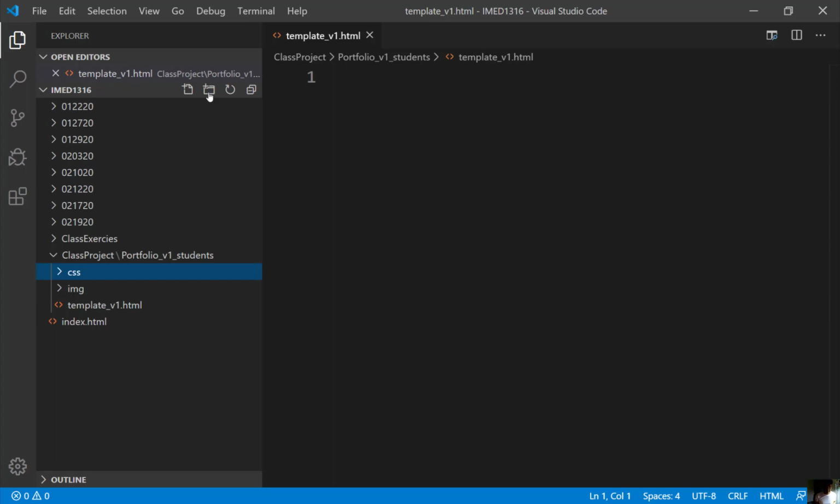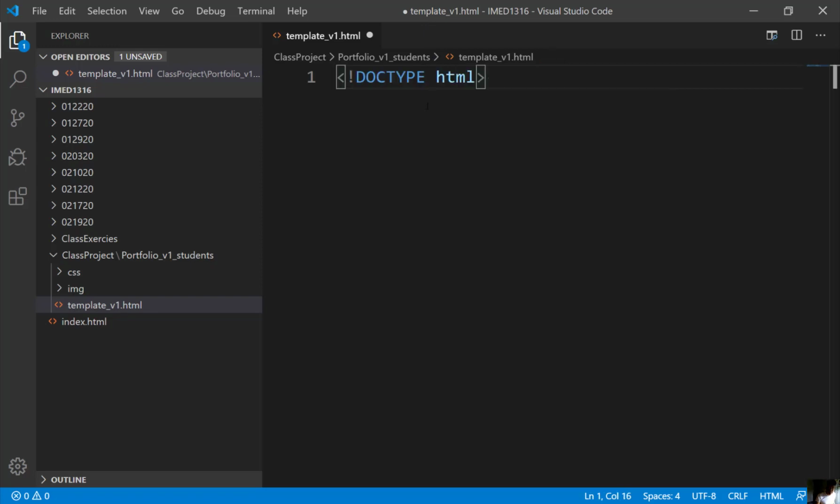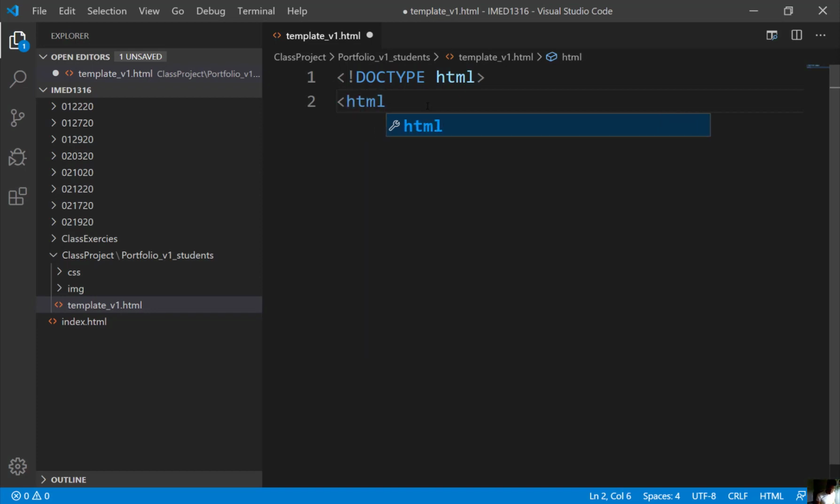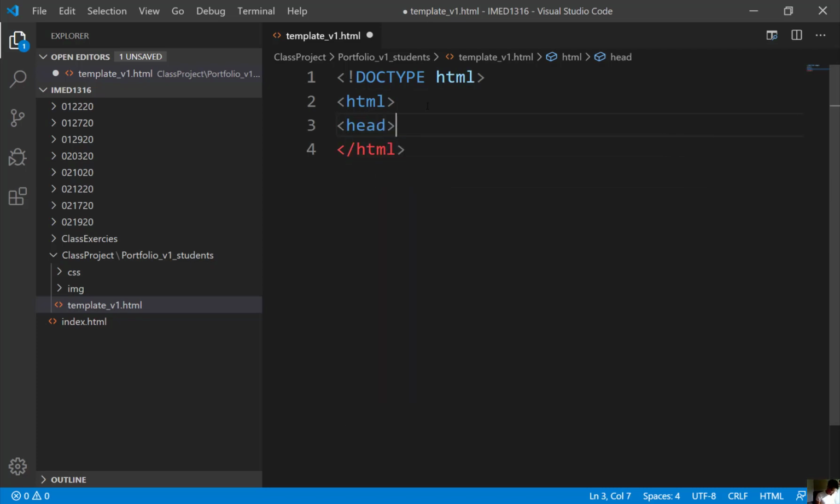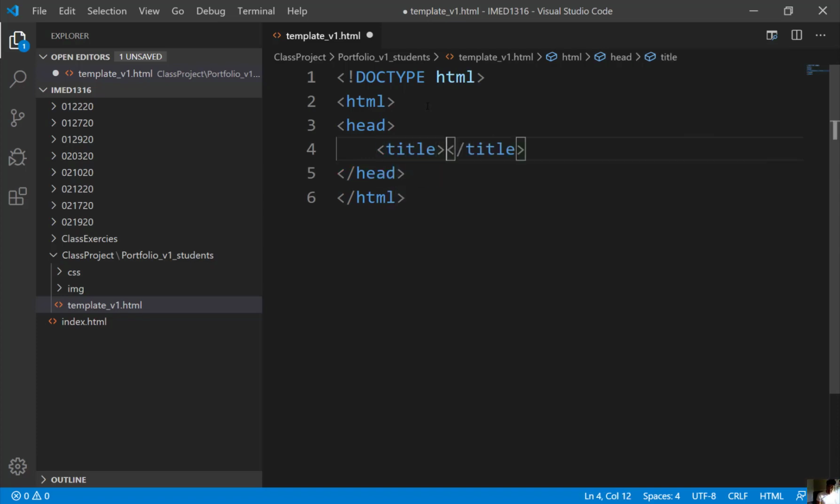Alright, click back on your HTML for me, your template version 1 HTML. If you can go ahead and start up your doctype, and we can move forward on that one. Alright, so you can see my IntelliSense picked up that. And I'm just going to do HTML tag, and I'm going to close that off in between. We have to have two, the head and the body. Inside the head, let me do the title. And I'm going to say